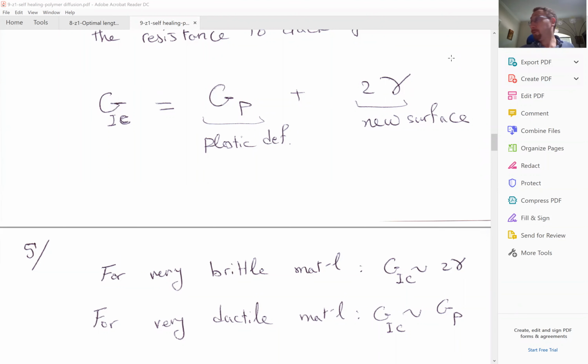Okay, so now let's continue our discussion. Basically, the elastic energy that gets released has to go somewhere, and there are two components. One is the plastic deformation of the regions around the crack, not just right in the vicinity of the crack, but a little bit around the crack, and